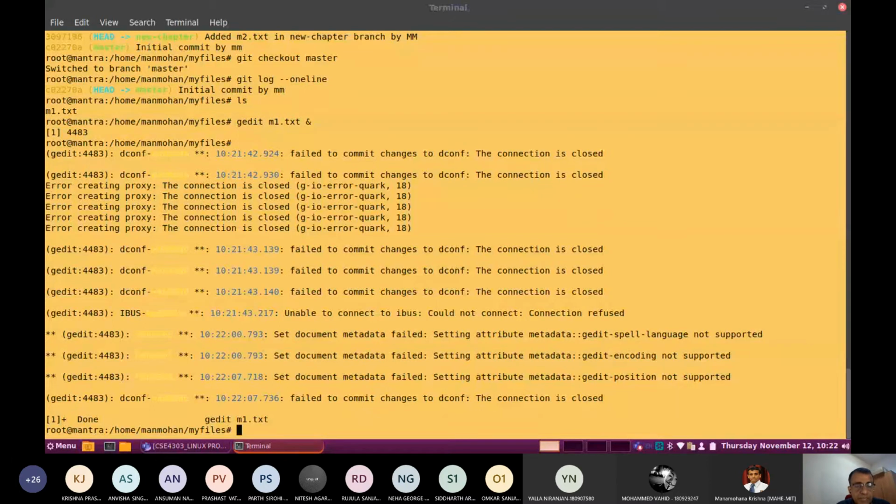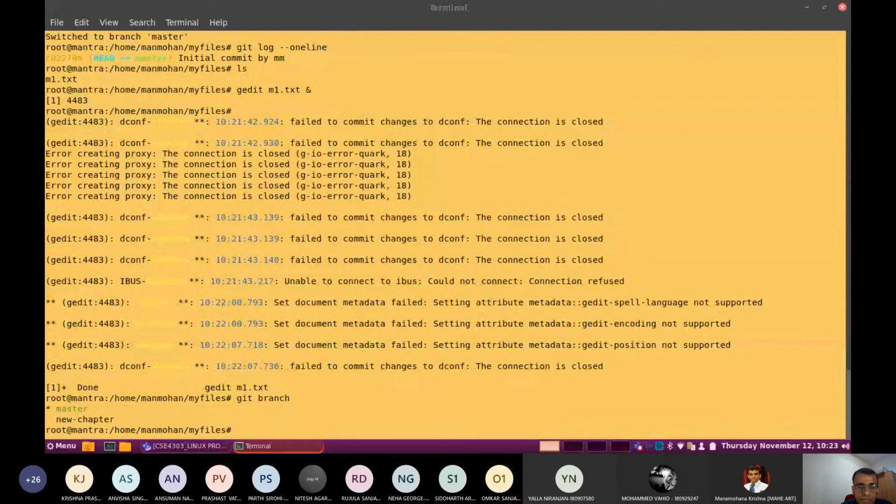Now assume that after editing, I want to go to another branch with git checkout. I have not committed, or even taken it to the staging area. So now if I try to go out with git checkout, say for example, new chapter. Let me verify the branch name properly.